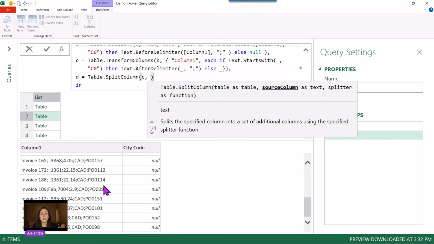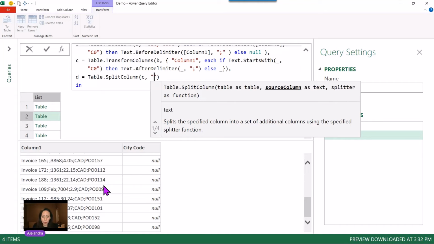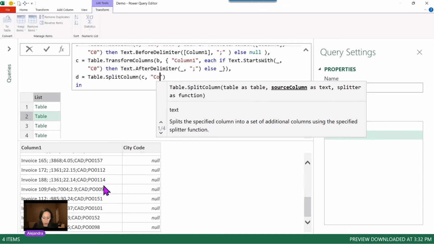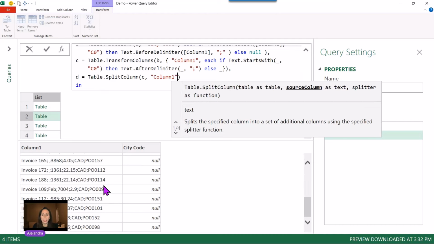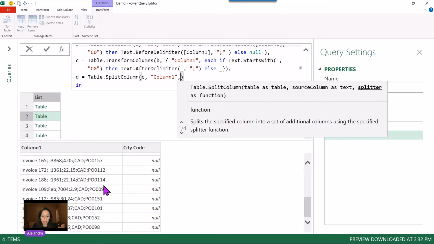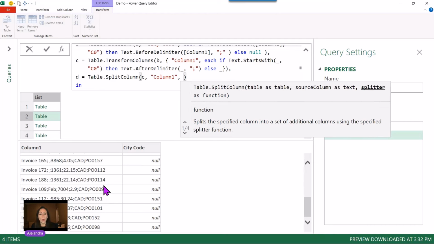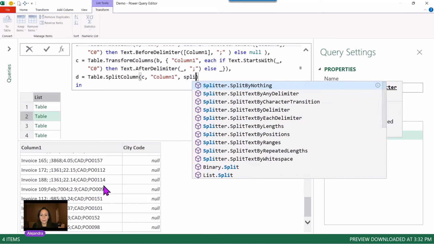And it's asking me to provide that as text. So I'm going to provide quotation marks because it's text. So I'm going to say column 1 and comma, and the splitter will be the semicolon. And I need to provide that information as a function. So I'm going to say splitter by